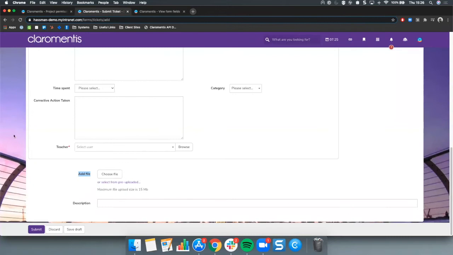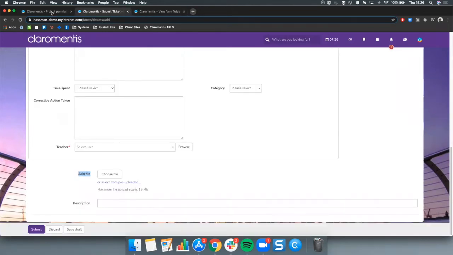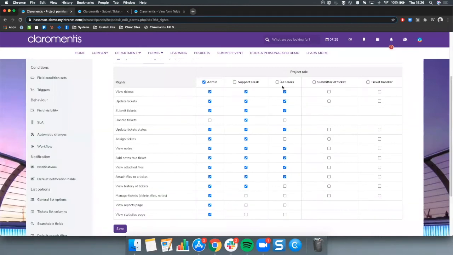But yes, if you have that permission, you can add files at the very beginning before you've even submitted the form and continuing on afterwards. Alternatively, if you don't have that permission, but you have this function, you can attach a file while filling out the form, but you can no longer do it later on. Hopefully that makes a bit of sense. Brilliant. Okay. So yes, as I was mentioning here, these permissions,